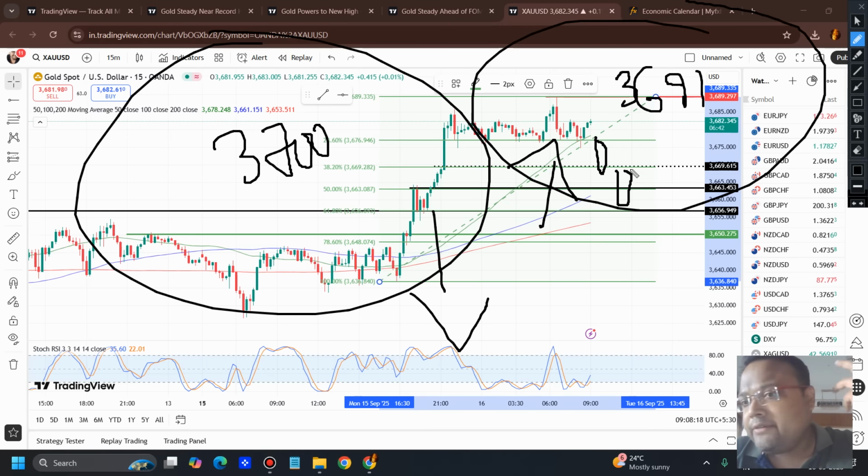At one point obviously retracement will come, but when it will come, nobody knows. That is the problem here. And right now I will suggest one thing: use proper stop loss. Do not trade without stop loss. If you have any open buy position, trail the stop loss. And I think that's all from my side.